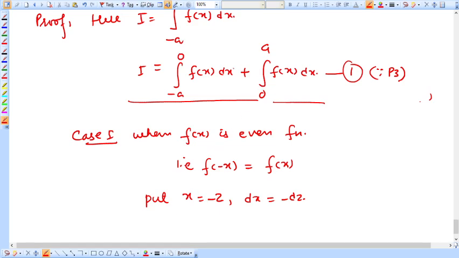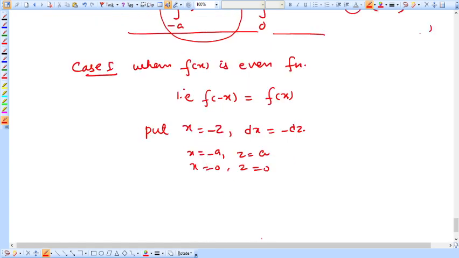इस वाले केस में देखते हैं इंटीग्रेशन की इम्पैक्ट, ओके. सो, व्हेन x इज इक्वल टू माइनस a, आपका z कितना हो जाएगा, a हो जाएगा, साइन चेंज होता है इसका, x बिकॉज x इज इक्वल टू minus z and therefore z would be equal to minus x, okay. And when x is equal to 0 z would be also equal to 0, so therefore I कितना बन जाएगा, so I is equal to,